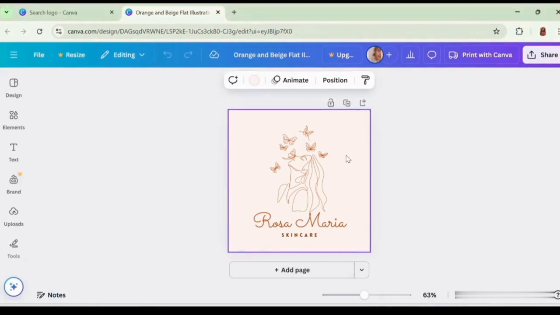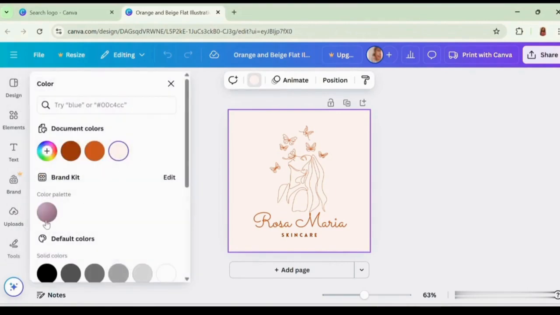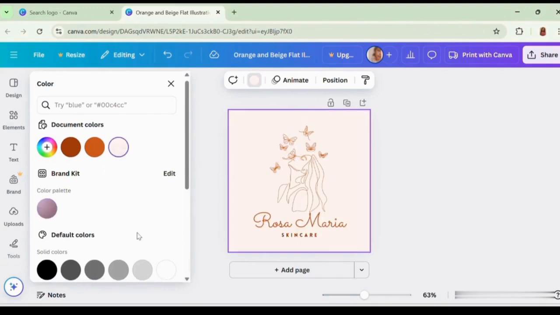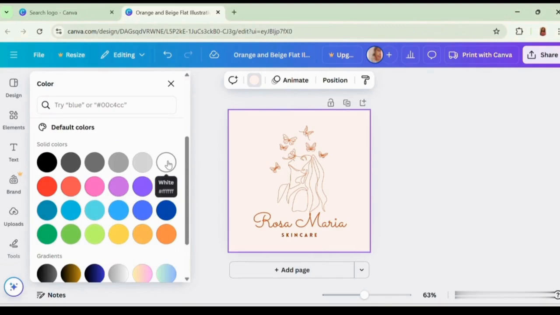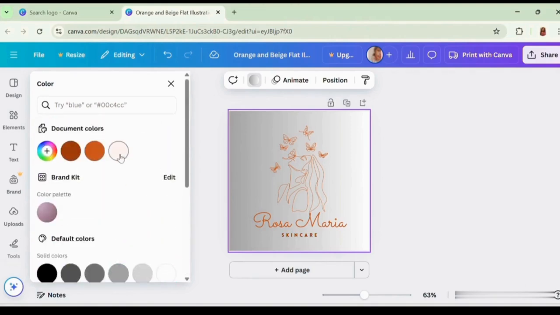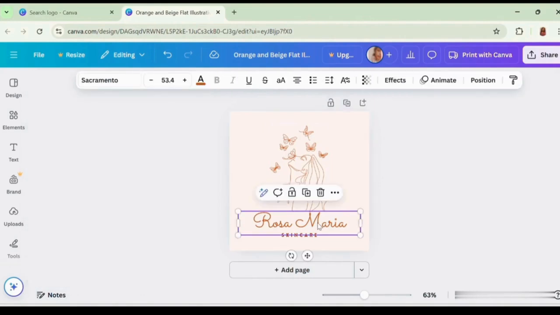We'll first change the color of the logo background. We'll go with pink or any color which suits you guys. You can pick something light. This looks good. We'll change the name and change it to